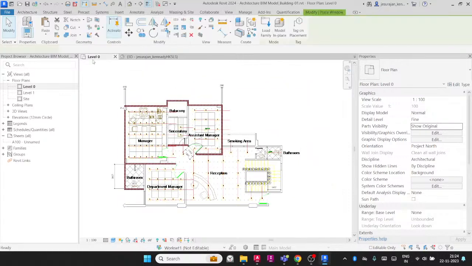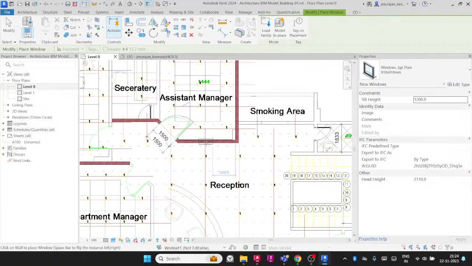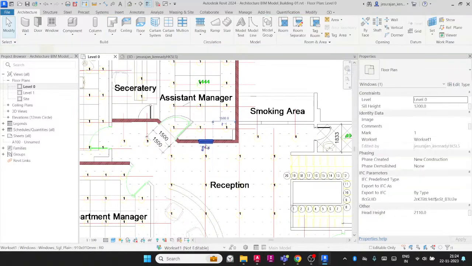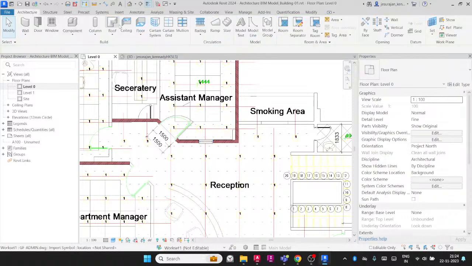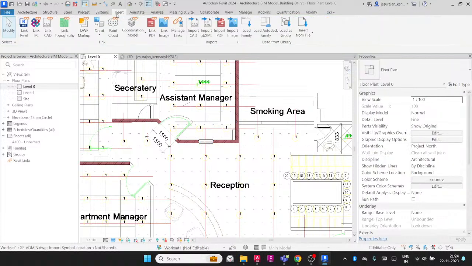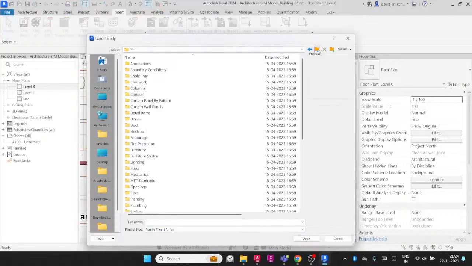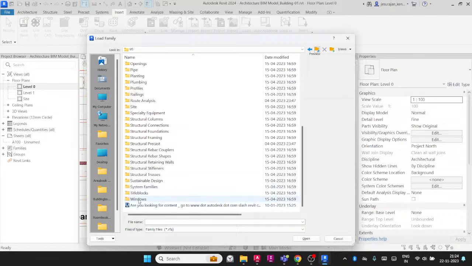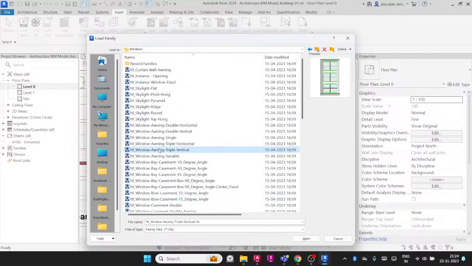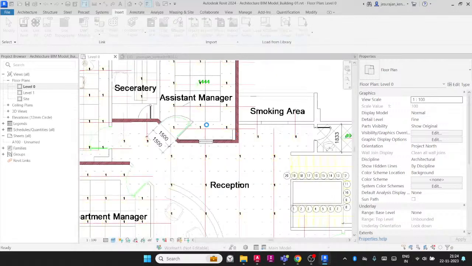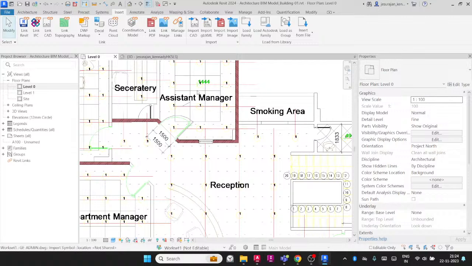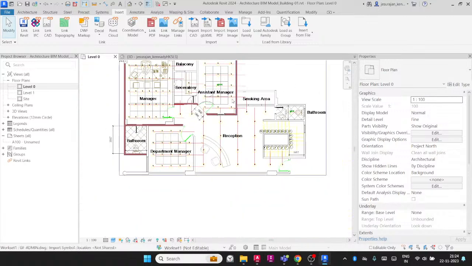So actually adding the window is also the same. Window and the door will have the same function. Placement is also the same. Okay, if you want to load another window, go to insert, load family, and go to the folder, select windows, select the window type which you need, and then open, and then select the size. If you get the sizing dialog box,